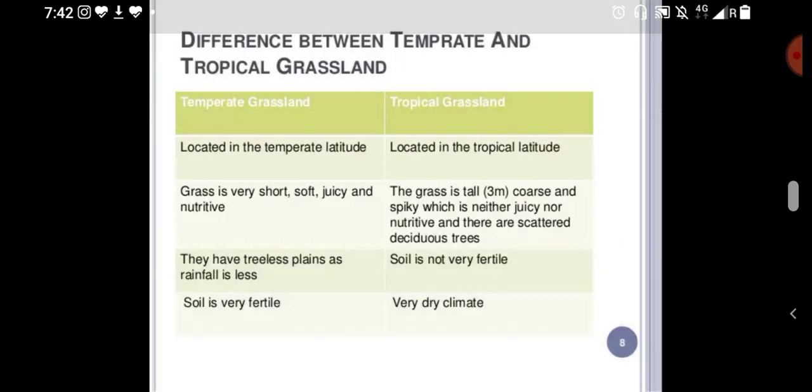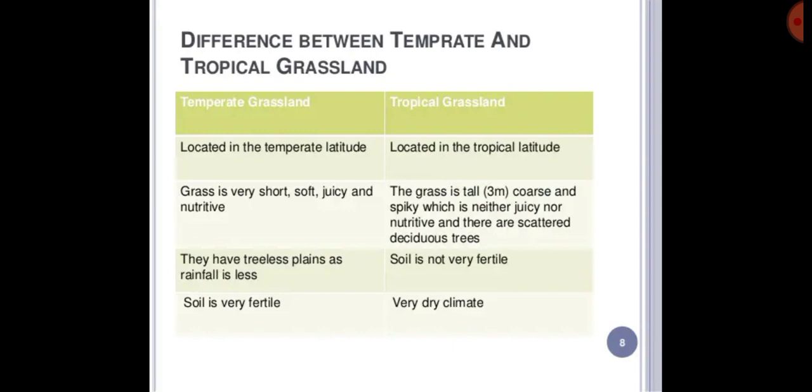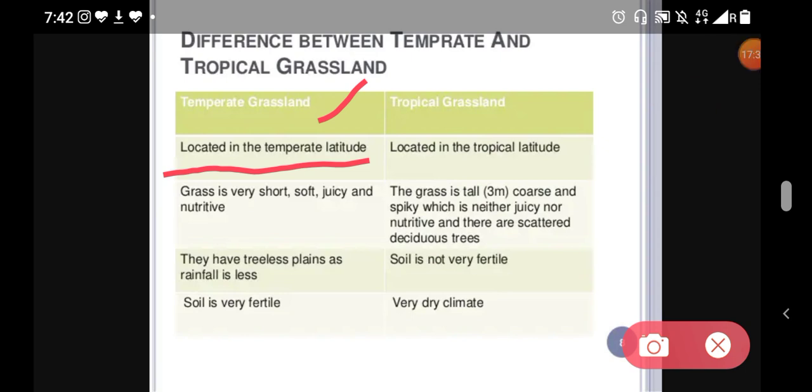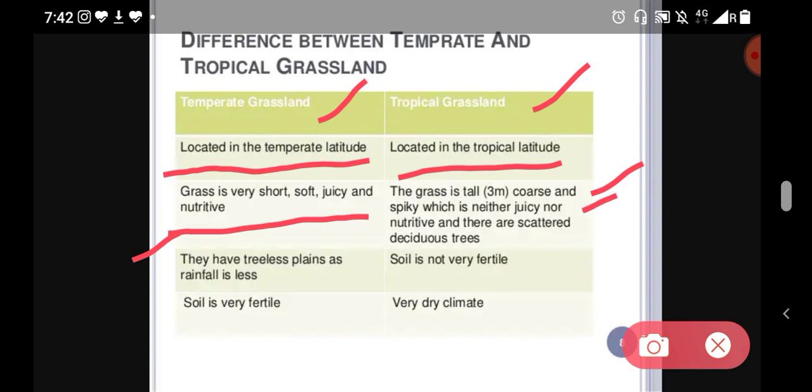Let's see the difference between tropical and temperate grassland. Temperate grassland is located in the temperate latitudes and tropical grassland is located in the tropical latitudes. Grass is very short, soft, juicy and nutritive in temperate grassland, and in tropical grassland the grass is tall, coarse and spiky, which is neither juicy nor nutritive, and there are scattered deciduous trees.